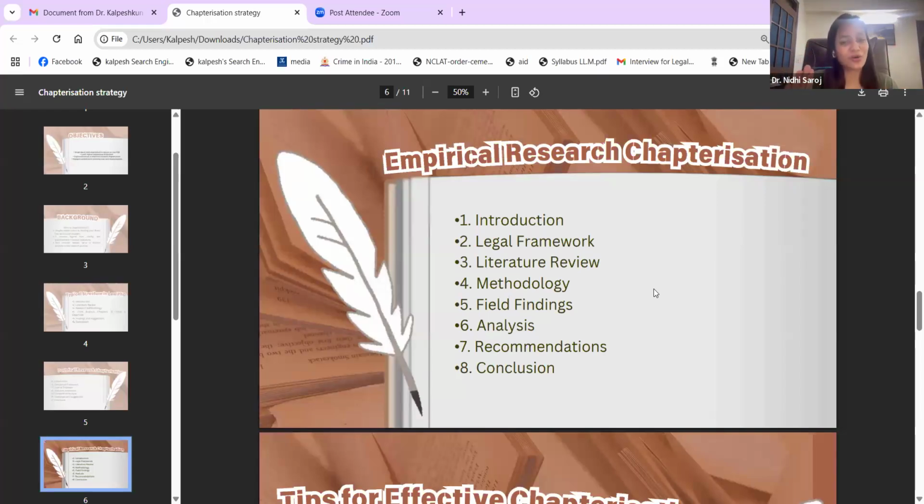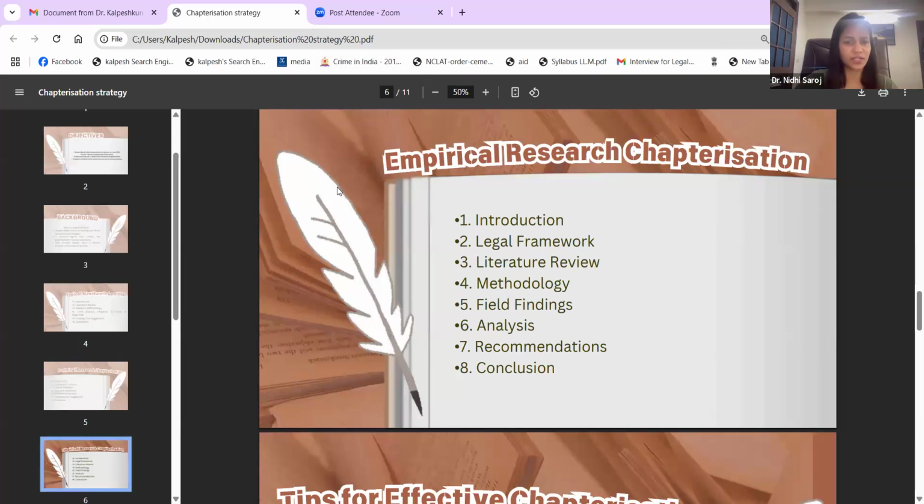Now, which chapters you are going to choose, which way you are going to choose, totally depends on how comfortable you are. Just because I am telling you that this is the way, or some previous researcher has done it that way, doesn't mean that this is perfect. Ultimately, it's your own research. But by the end, it should be addressing your research questions and your research objectives.